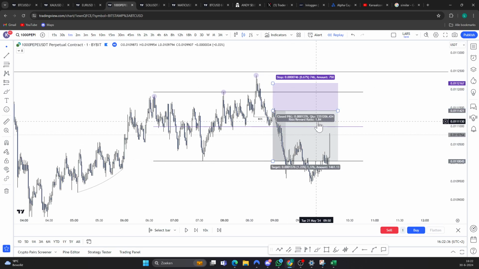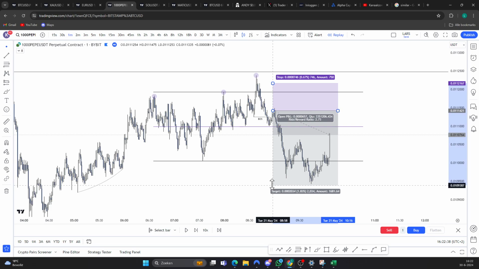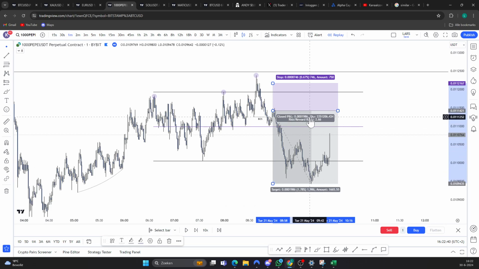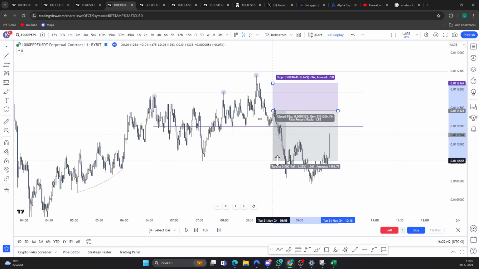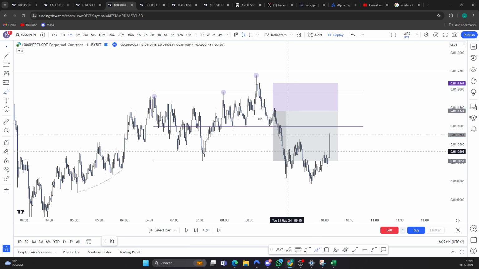That will be a 1.84. And then taking it to that low will be a 2.66. So let's just round it up to 2. We made around 2%, taking a partial here, and then taking a partial coming up here. So let's